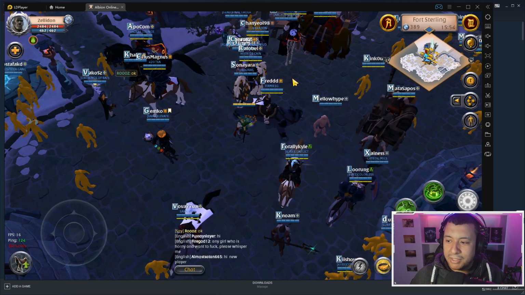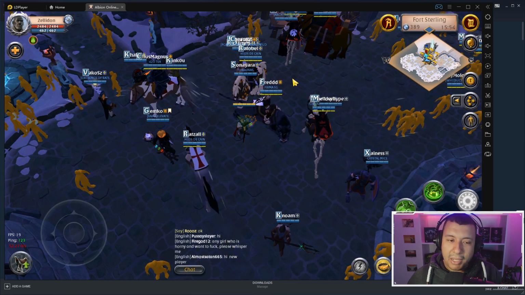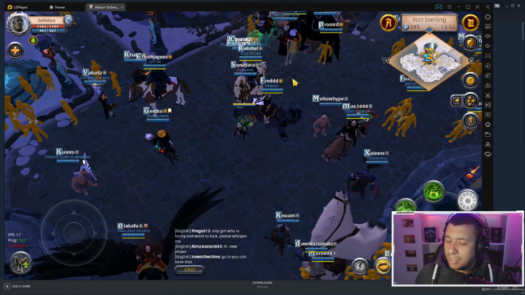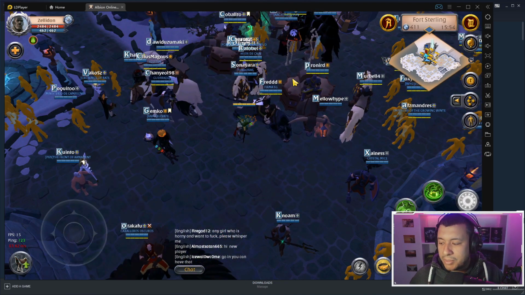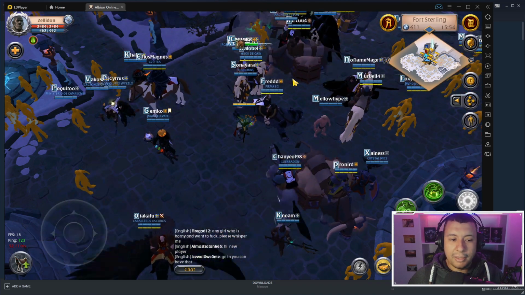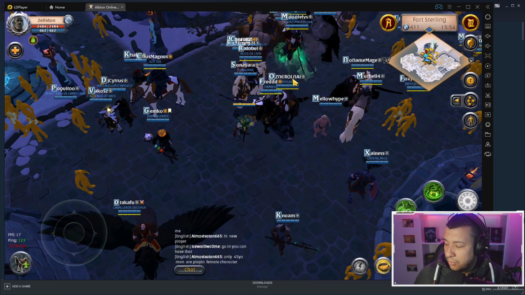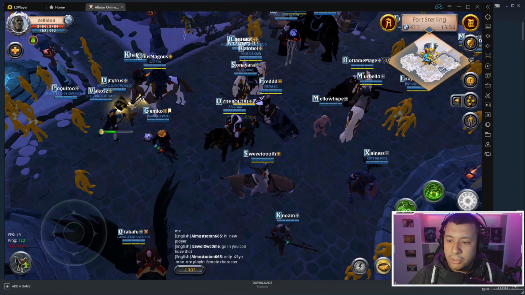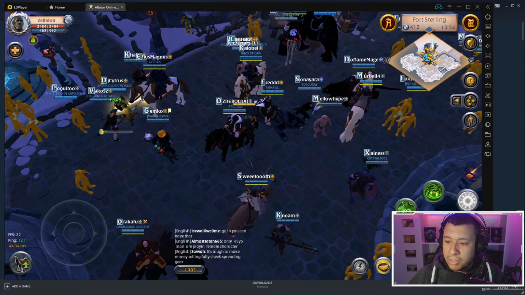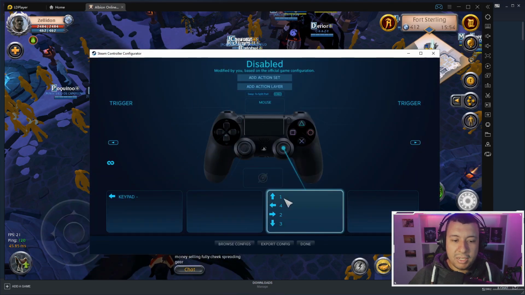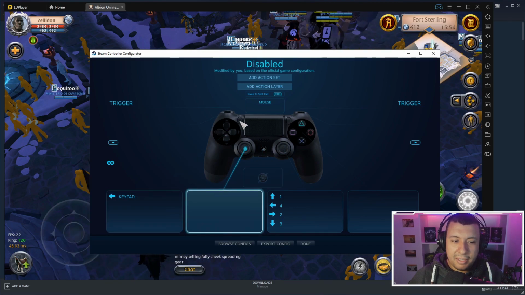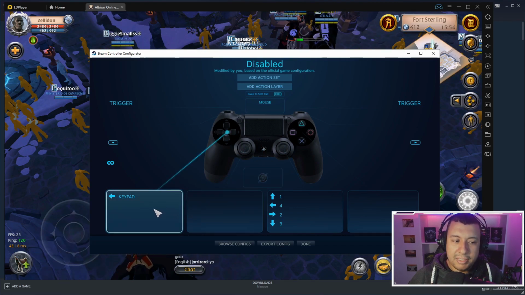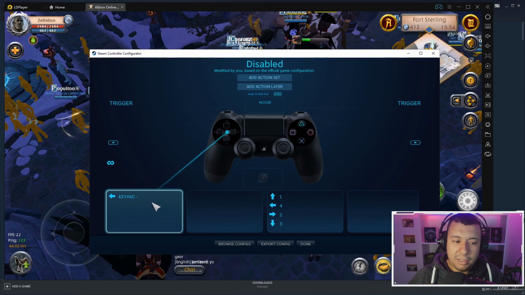You keep that nearby so you can actually use your actual mouse to do looting and all that good stuff. But if not, this is another option if you really want to sit on the couch and go couch mode or whatever you want to do. This is one option that you can use to use your mouse on your controller. Next thing we want to do is, or at least this is what I did, I set the left